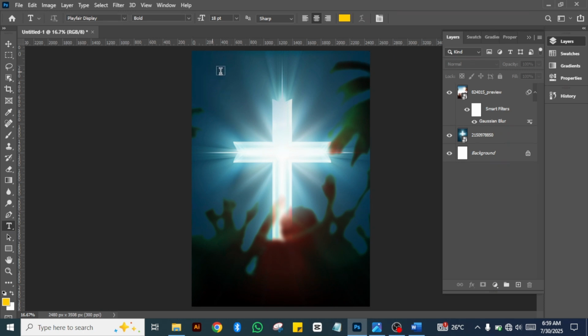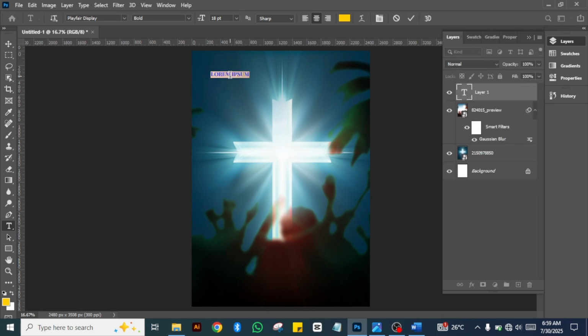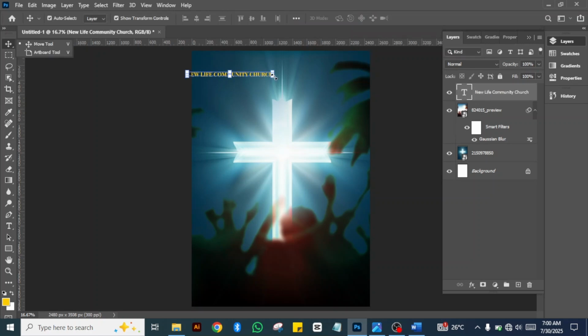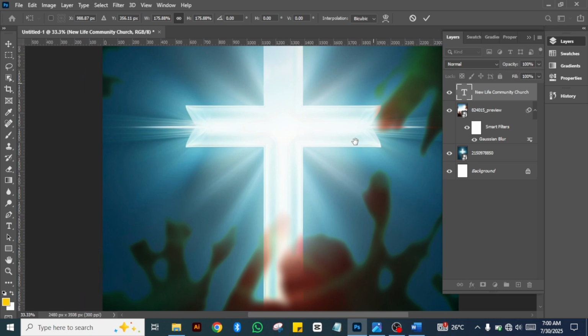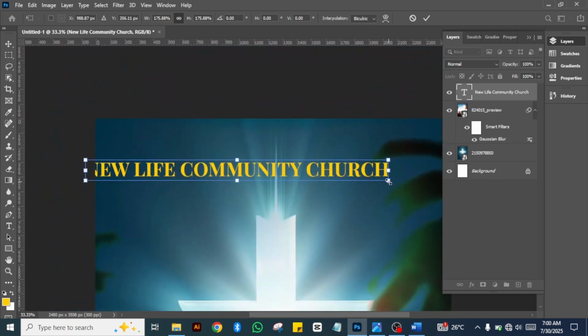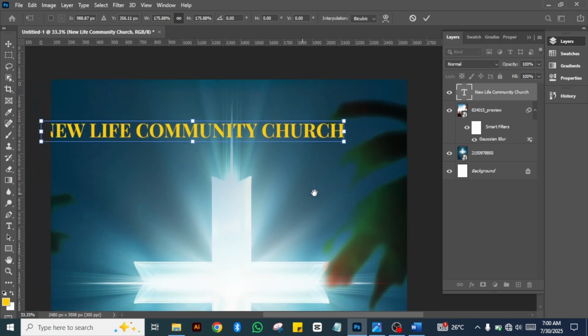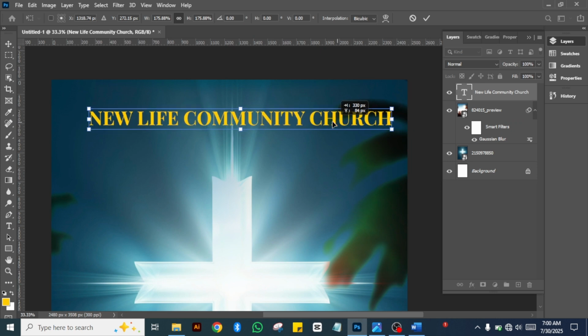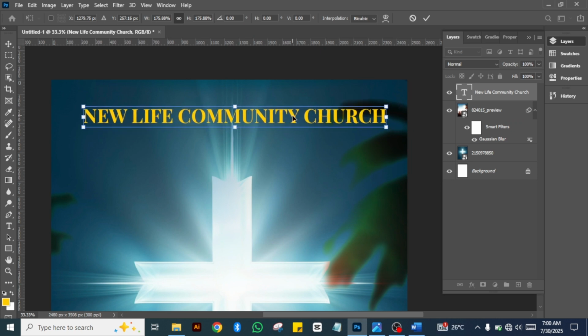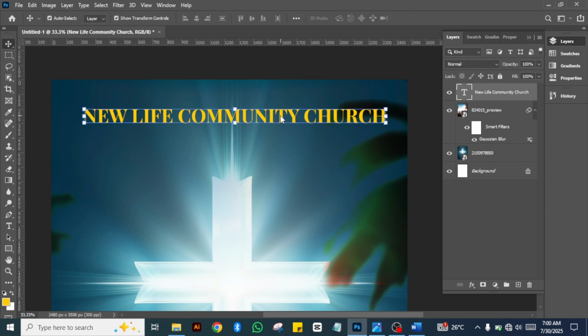Then I'll come here on the canvas and just click to paste some pre-made text. I will press Control V to paste the text that I have copied, and then pick the move tool and enlarge the size a little bit. I want it to be big, and then Control plus plus, for you as my viewer to see it. I want it to be here, so I will bring it somewhere here. This is the name of the church. It is actually New Life Community, and then I will double click inside to go into the text tool,